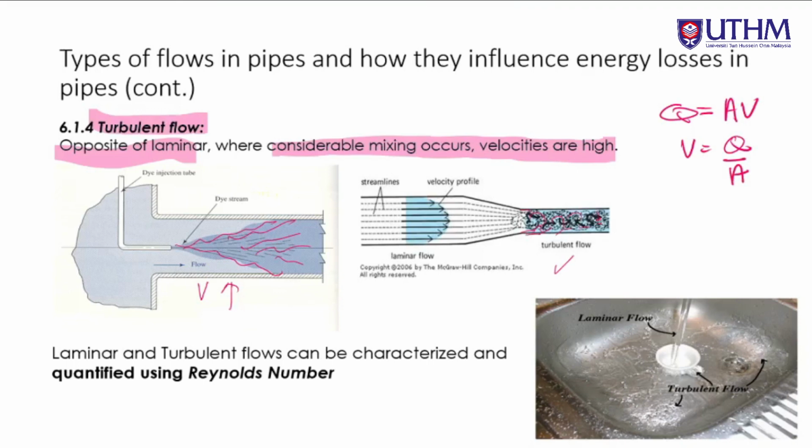Okay, so yang ni sebenarnya kita boleh relate to the previous equation yang kita tahu, which is the flow rate equals A times V, in which the velocity is Q over A, means that if let's say A is lower, V is much higher. Okay, alright, the velocity is higher waktu dalam keadaan